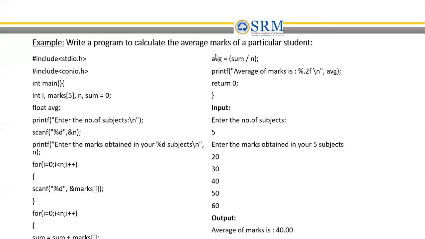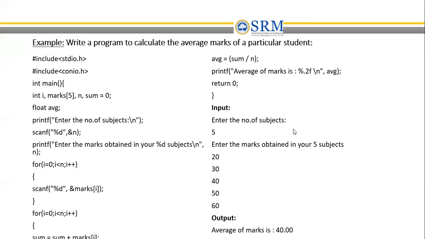Once this is done, we calculate the average. Here we are not printing the sum, only the average. If you want, you can give a printf and print the sum also. The average will be the total sum divided by n, where n is 5. Now it prints. Why percentage point 2 f? After the point in my average answer, I need 2 decimals to be printed, so that is what I have given. And it returns 0, since it is int main, you have to return 0.